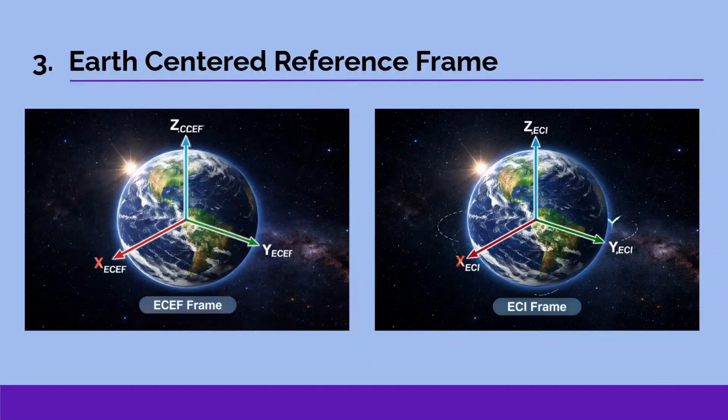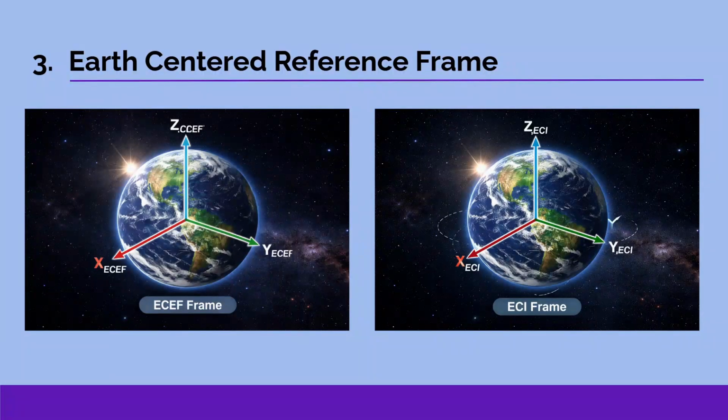The first frame today is going to be the Earth-centered reference frame, and it is defined as depicted here, with its origin at the center of a planet, with its z-axis as the rotation axis of a planet, with its x-axis, which forms a right angle with the z-axis, and the y-axis, which forms a right angle with the xz plane. So there are two main derivatives, and that is the ECI, Earth-centered inertial, and the ECEF, Earth-centered Earth-fixed frame,